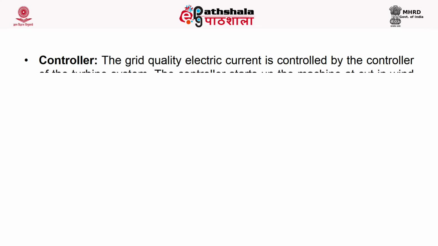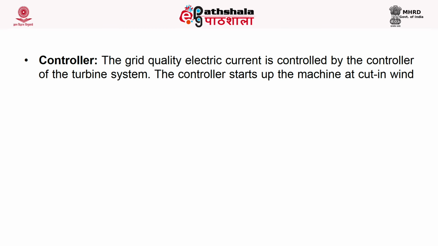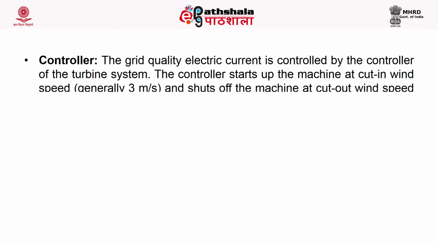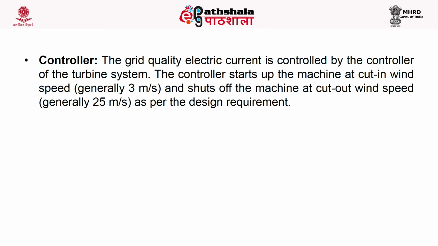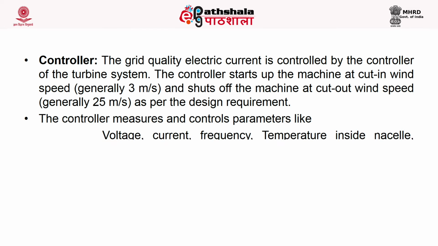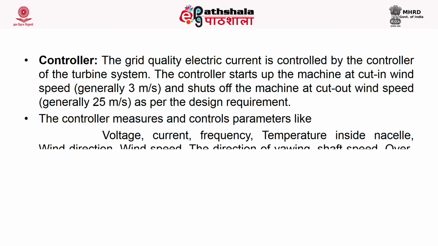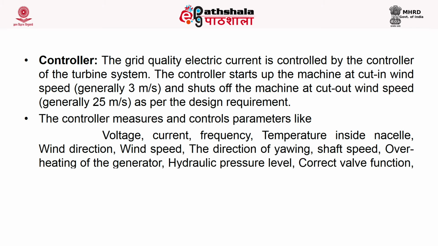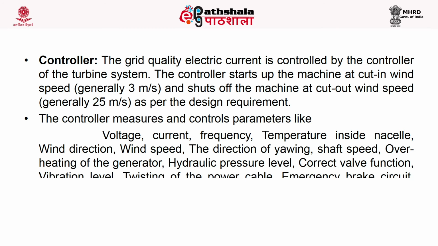Controller: the grid quality electric current is controlled by the controller of the turbine system. The controller starts up the machine at cut-in wind speed, that is generally 3 meters per second, and shuts off the machine at cut-out wind speed, generally 25 meters per second, as per the design requirement. So, they control it. The controller measures and controls parameters like voltage, current, frequency, temperature inside the nacelle, wind direction,